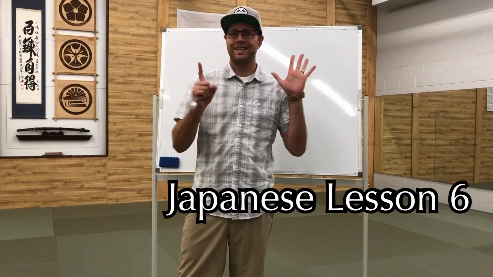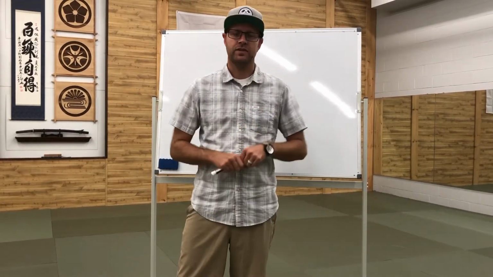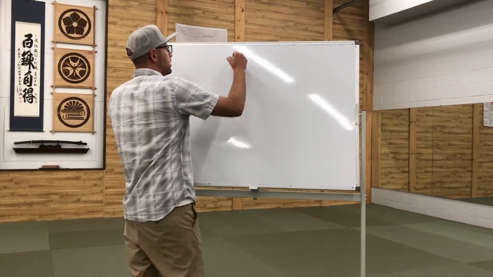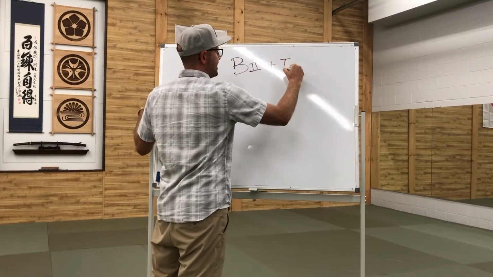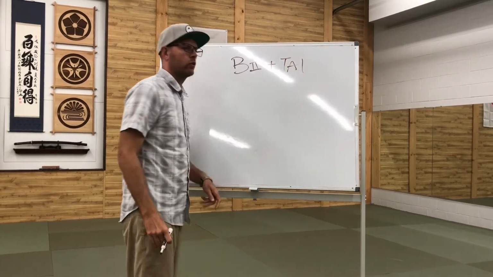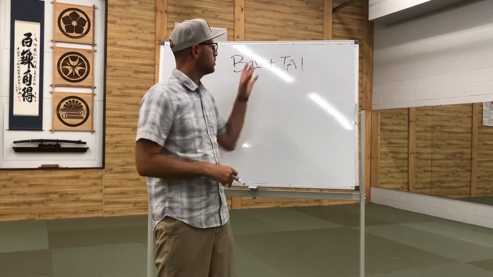All right, we're on lesson 6. This is our first time learning how to use verbs. We learned how to conjugate in the previous 2 lessons, and if you haven't watched those videos, you've got to go back or this won't make sense. So today we're going to learn base 2 plus tai, and then we're going to learn how to tweak that